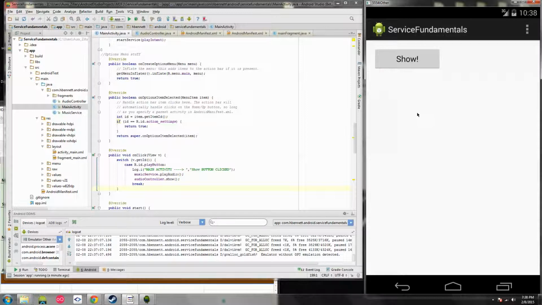And to do so, I thought it would be best to use a media controller. The built-in control that has all the right buttons and looks like the appropriate one that comes built in. And to get that, I admit I took inspiration from a tutorial from Tuts Plus to get that to work. However, it ended up being a bit of a hack job because the only way I could really get it to work